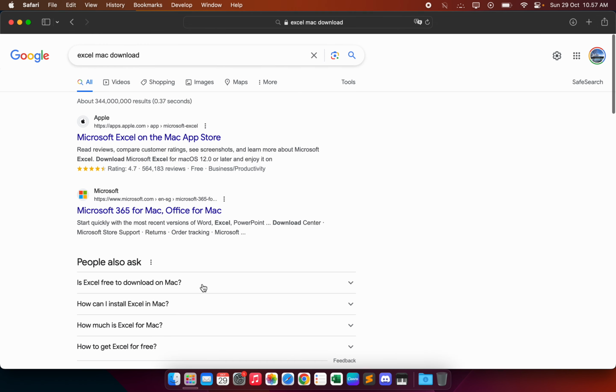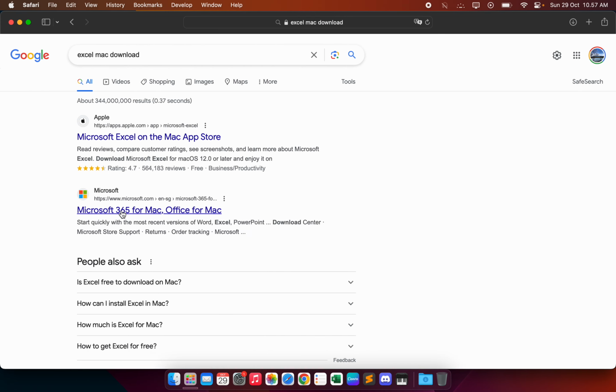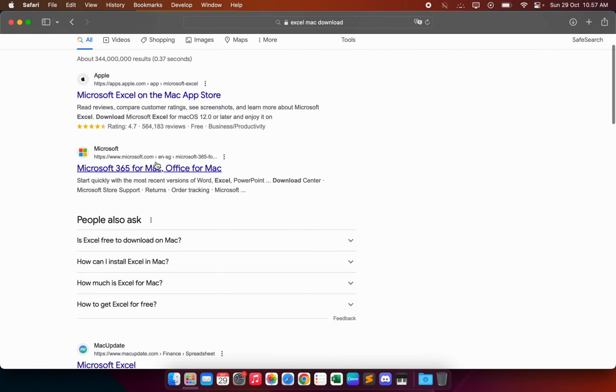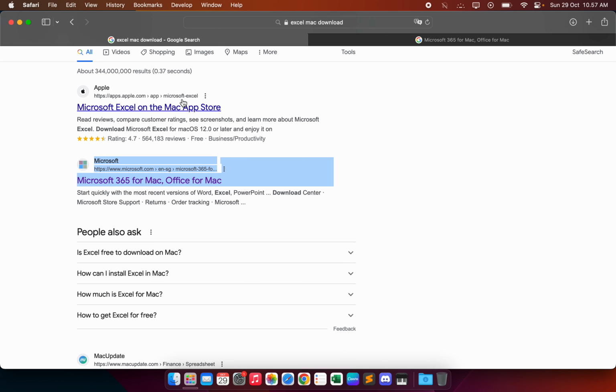So there are two types of Microsoft Excel, which is the standalone like this without the Microsoft 365, or you can install the Microsoft 365 to get all of the things from Microsoft, such as Word, Excel, or PowerPoint. But if you just want to install Microsoft Excel, you can go straight into App Store,